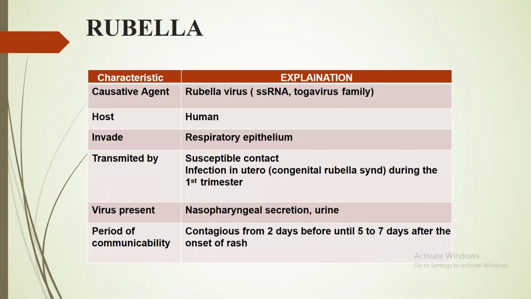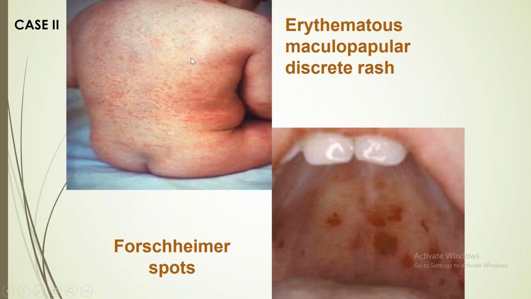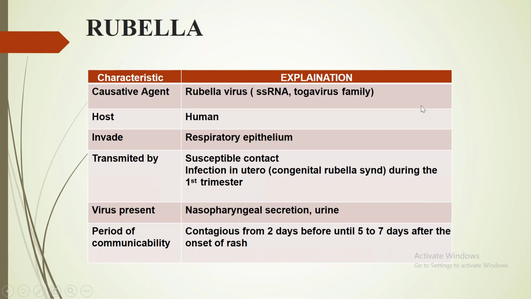Yes, this is rubella. Why rubella? Because the rashes are very difficult to differentiate between measles and rubella. But first is age. Rubella doesn't usually occur in a 9-month or 6-month-old child; it presents a little later. Then these Forchheimer spots, which you can see on the palate, are pathognomonic of rubella infection. What else is associated with rubella? It is generally lymphadenopathy also, which I'll tell you about later.